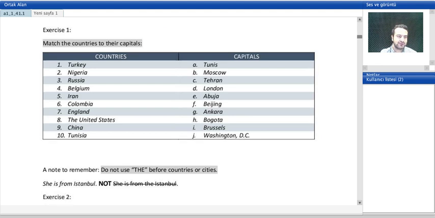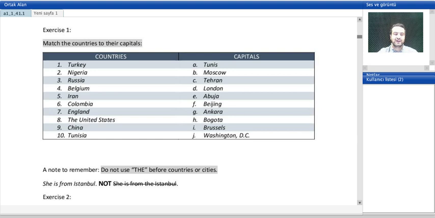What do they have here? We have 10 different countries and 10 different capitals. Capital, how can I explain it? For example, Ankara is the capital of Turkey, which normally the president of the country sits there or lives there in the office. So we have Turkey, we have Nigeria, we have Russia, Belgium, Iran, Colombia, England, the United